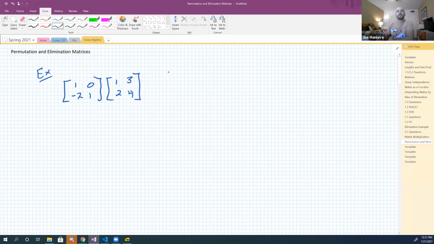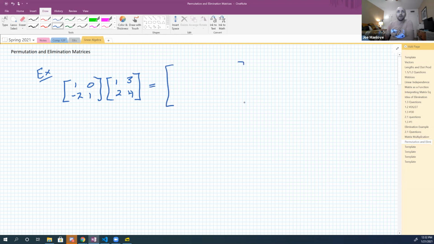Ultimately, the thought I'm having here is that I'd like to be able to do elimination without, frankly, writing down x's, y's, and z's all the time. So I noticed some weird behavior before, and I just want to check that it works the way I think it does. So if you do this multiplication,